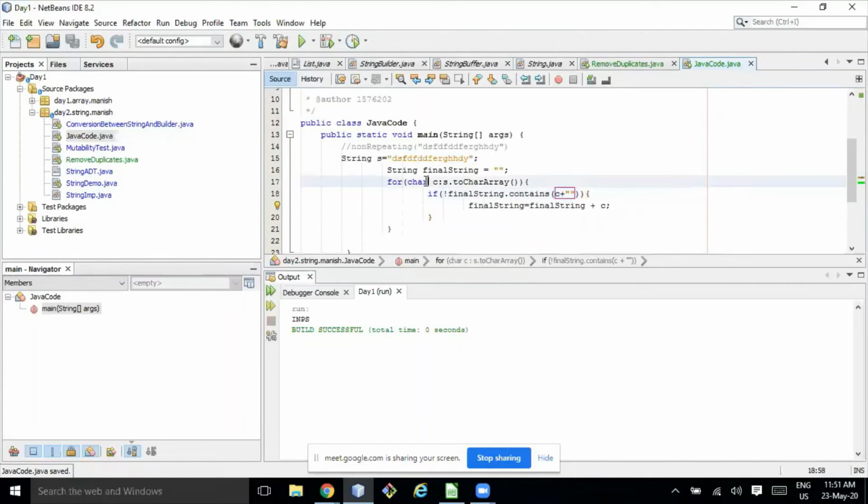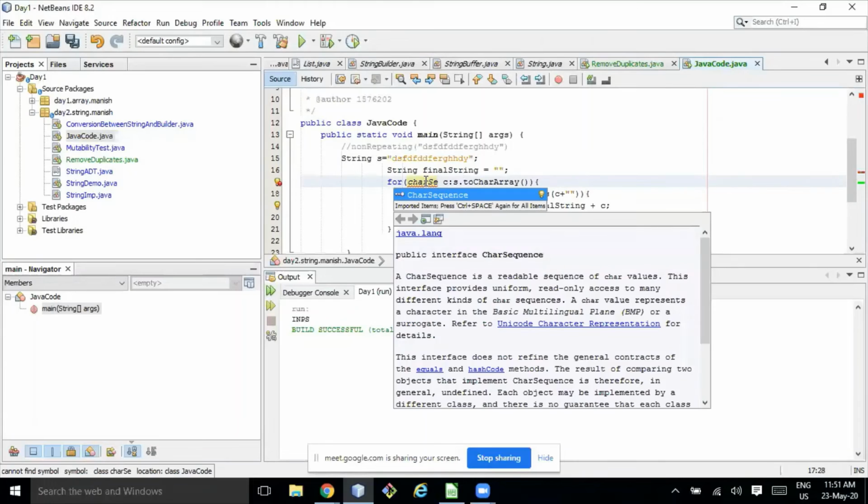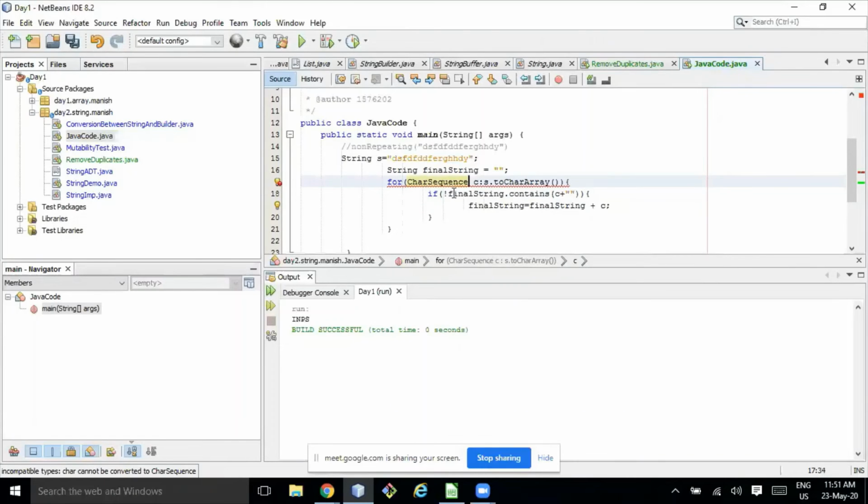Maybe a char sequence works like this way also, right? But here it's okay because it is converting to a character array. Yeah, this is a good way. So what is the problem? Is it working or not working?